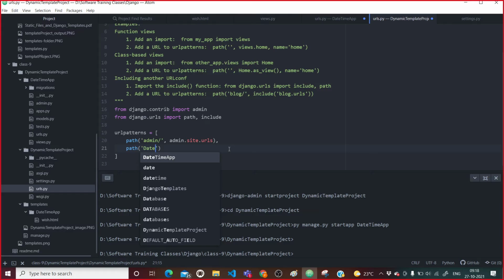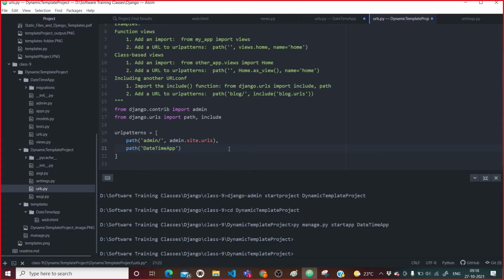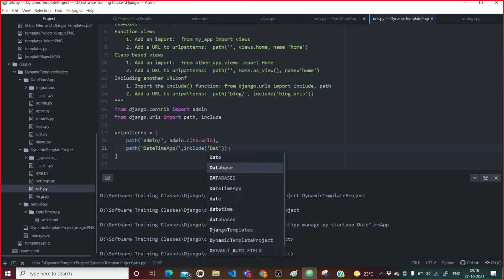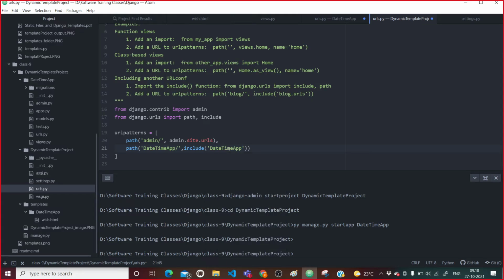If someone goes to datetime app, in that case I want to include the datetime app URLs. So if someone hits enter, then I will include the datetime URLs here and it will go to the datetime URLs.